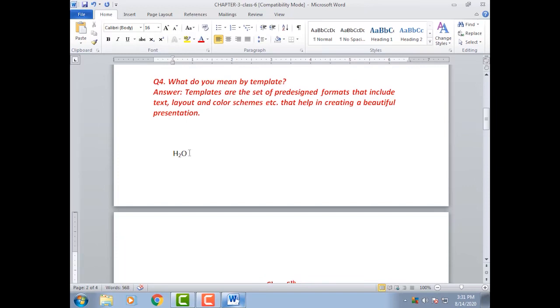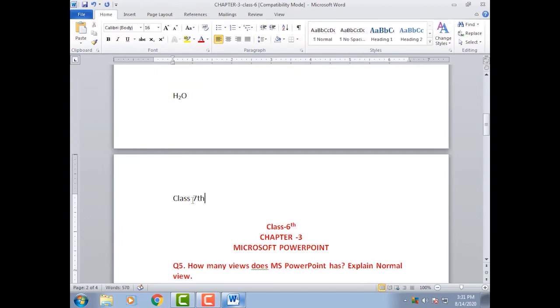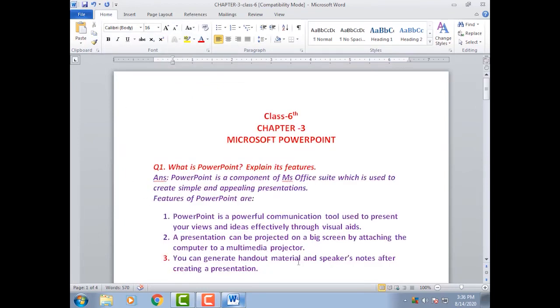Another example is superscript. If you want to write class as 7th, if you want to write this TH just above the text written on the line, select the text that you want to superscript. Now go to the Home tab, this is the Home tab, and select the superscript option. Click on this superscript option. In this way you can apply superscript to your text.